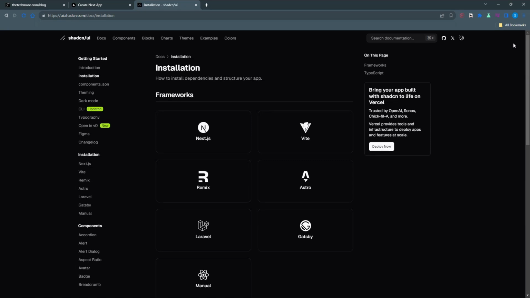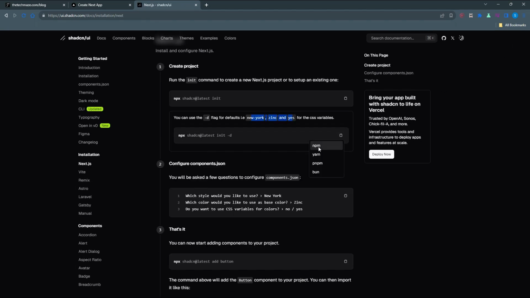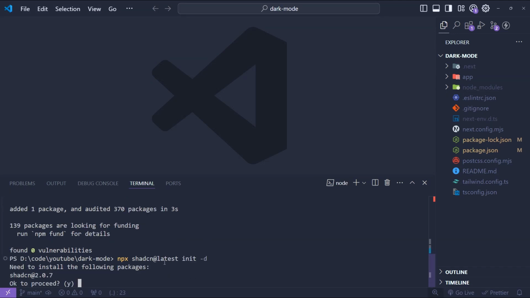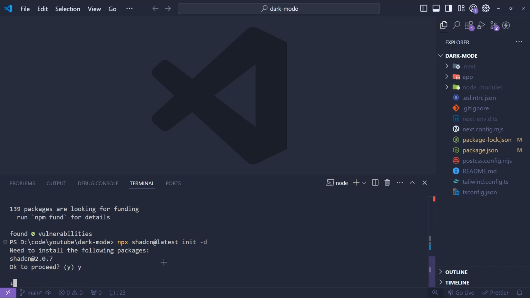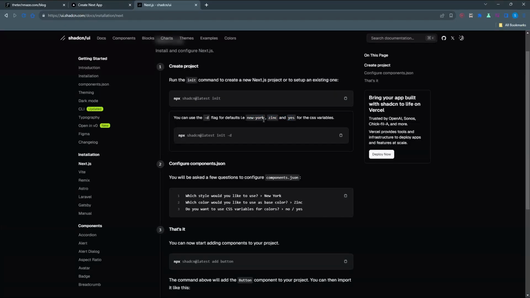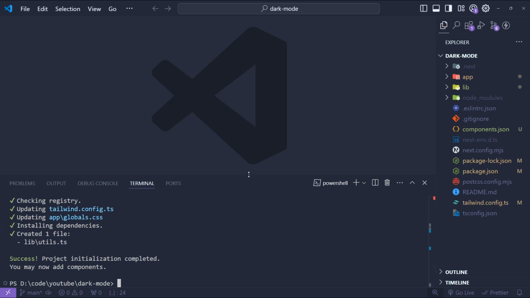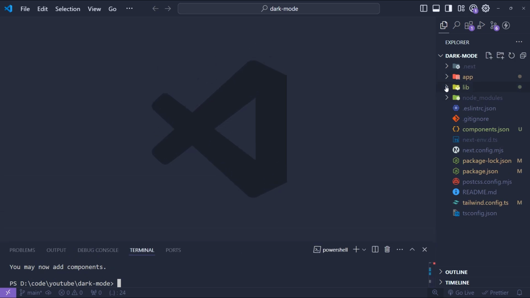ui.shadcn. Yeah, I'm on the installation page of shadcn. I'm just going to use this command here in npm: npx shadcn@latest init -d. The -d will choose the default things like New York, zinc, and yes for CSS variables. Yeah, once it's installed, let's just go into app